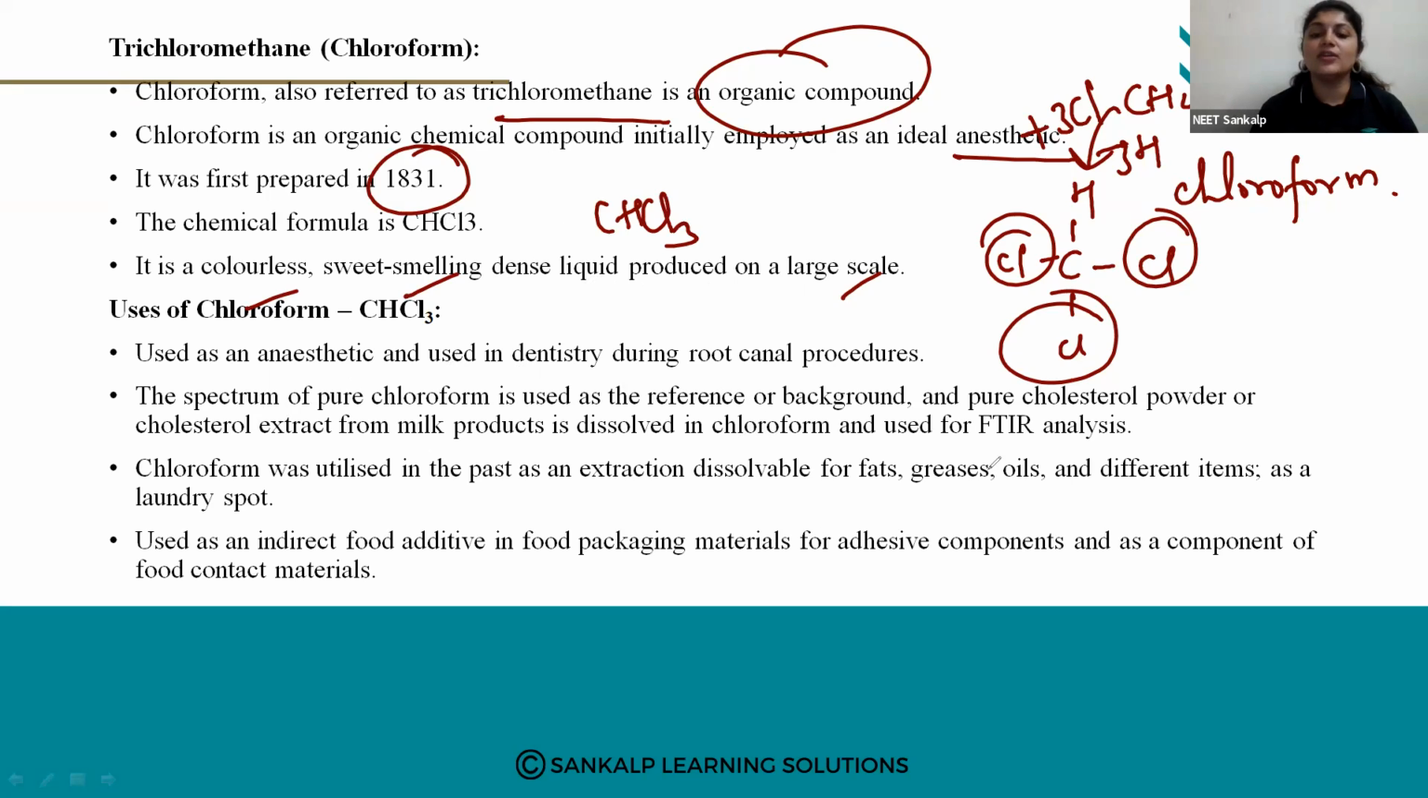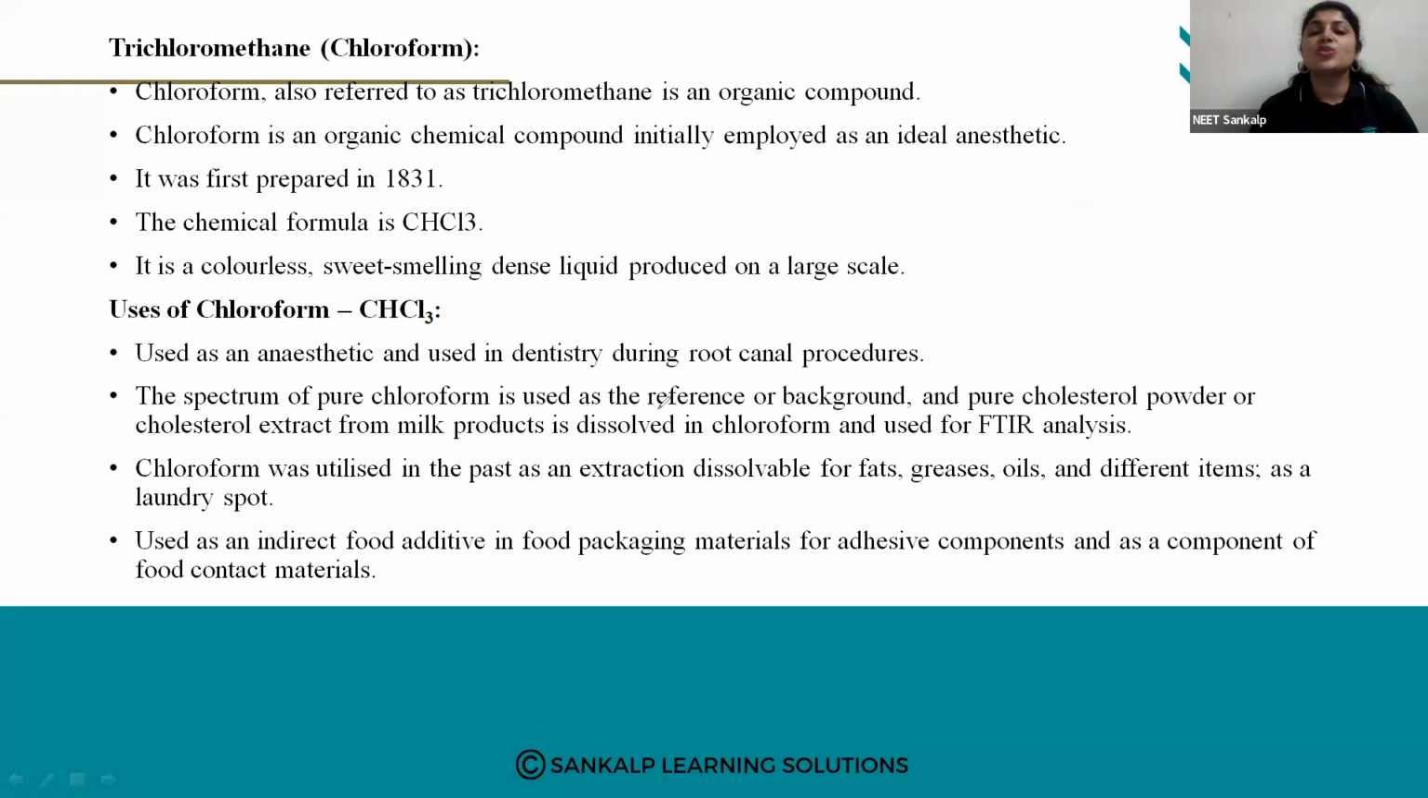When a root canal is done by a dentist, it is a very hard process, so you should not feel so much pain. So it is used as an anesthetic. Next, the spectrum of pure chloroform is used as a reference or background, and pure cholesterol powder